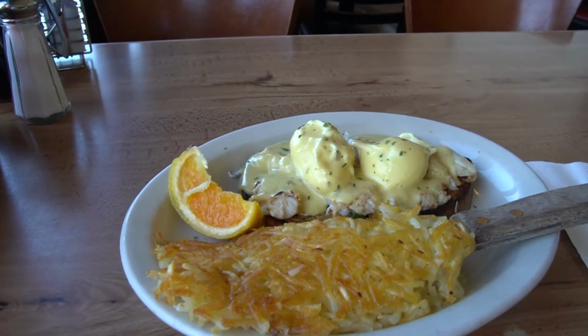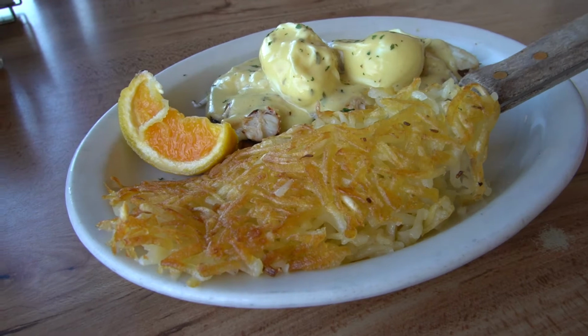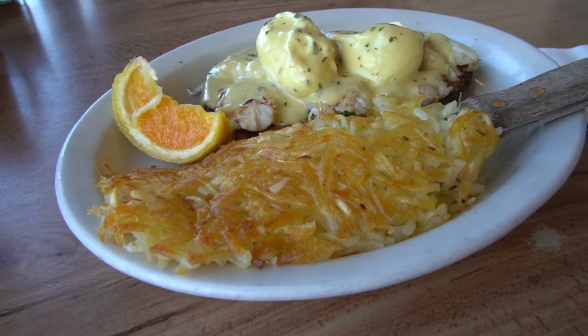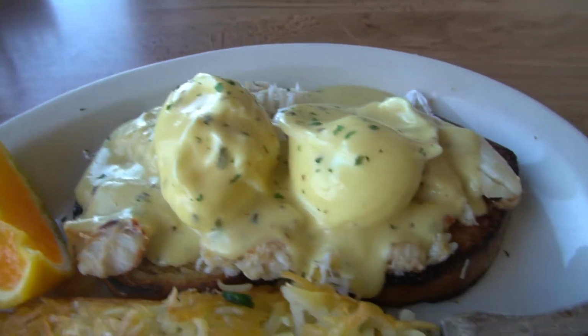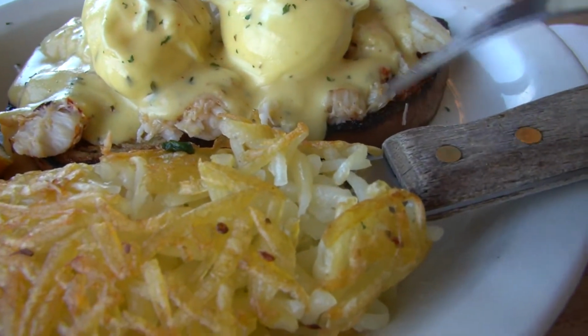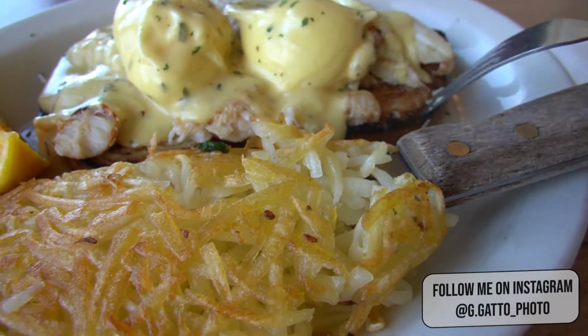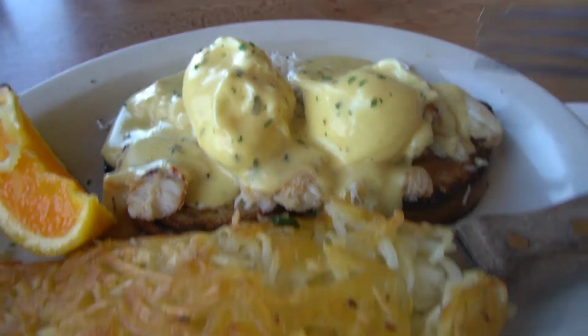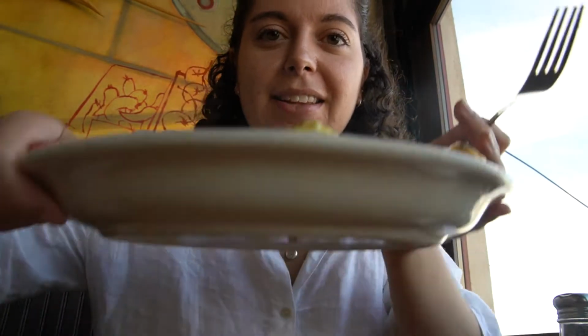Okay, this is the Crab Benedict. So it looks like we have this insane amount of hash browns under this like carving knife, and then an orange, and then there is the Crab Benedict. It also said this is an herb hollandaise sauce, but I think it's on some kind of herb bread. But I'm excited to dig in. All right, we are going to try it. This is...